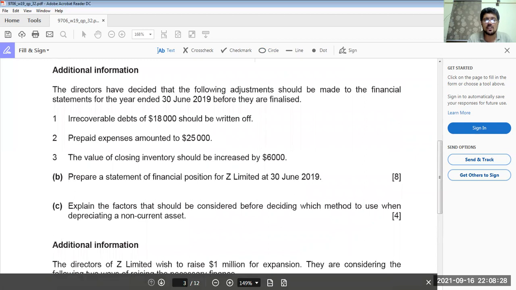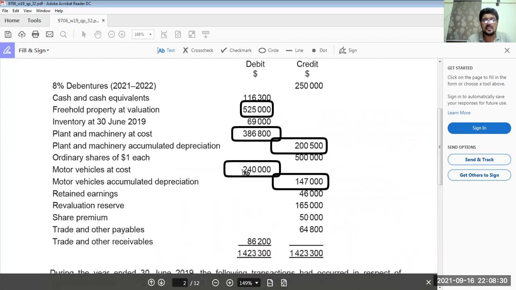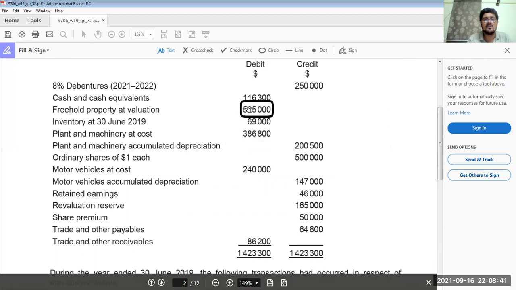Now, we don't know the amount of profit here. We don't know the amount of profit over here. Do we know the amount of profit here? No. We don't know the amount of profit. So what we do, we know the amount of retained earnings. This is 46,000. So, we have to be very careful about this amount. Are you getting my point here? All these decisions which directors have taken will directly impact retained earnings.